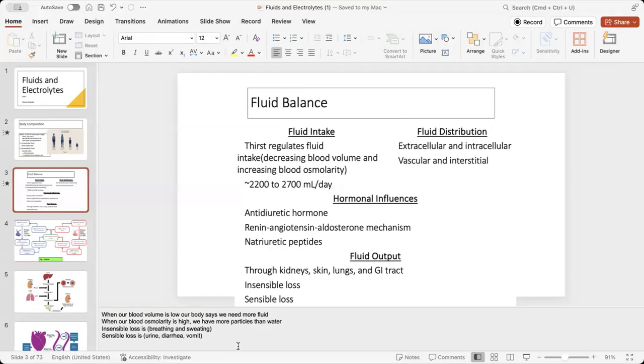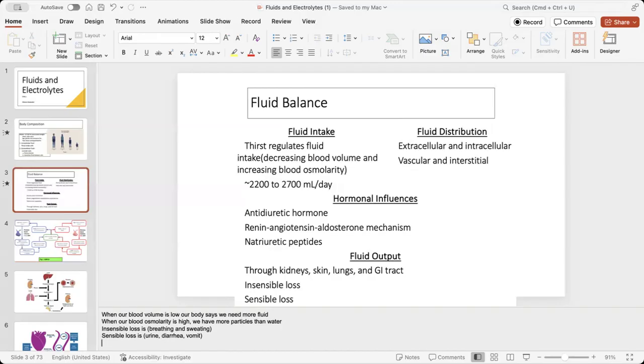know balances. Are there some people that you have to do very strict I&Os? Yes. Okay, your heart failure patients, you can't overload them, right? You could kill them if you give them too much fluid. Okay, so it's really important that you know how to accurately do your intake and your output.